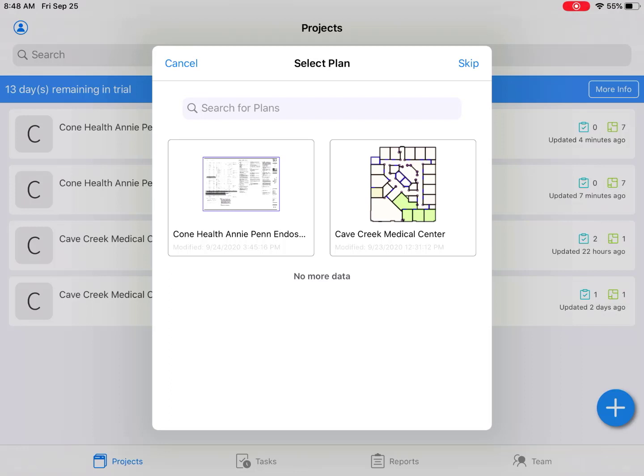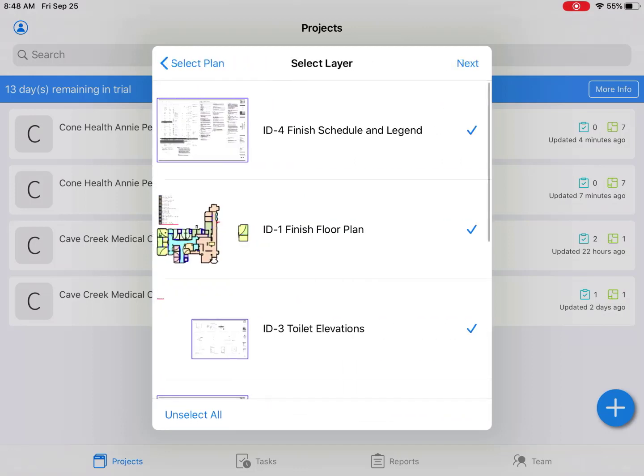At the search bar up top, you can look for different project files. I'm going to select Cone Health. When we tap on this file, it will load the plan data. Then you will have access to each tab of the project, then tap on the next button at the top